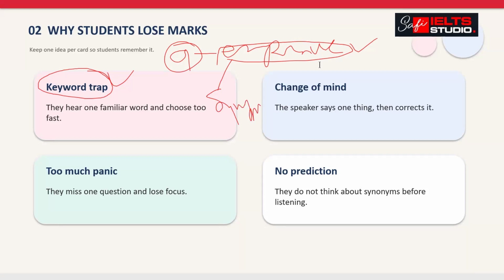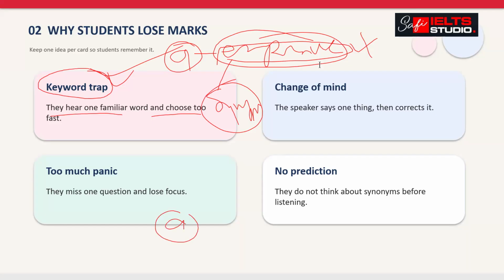The correct answer can be any of the synonyms. They will never use the word that is given in the option. If what they have given in an option and what the speaker says are exactly the same, that is a trap. That's a keyword trap. Students hear one familiar word and choose too fast. Even if the option has a couple of words,